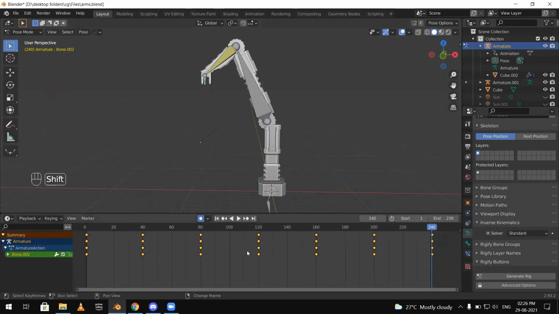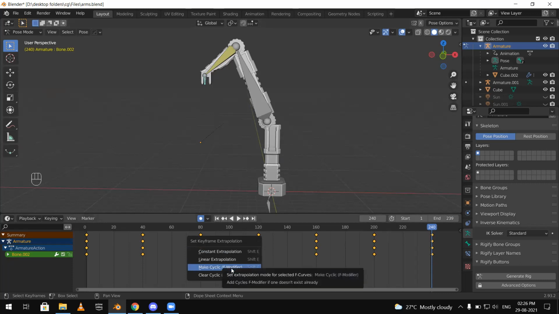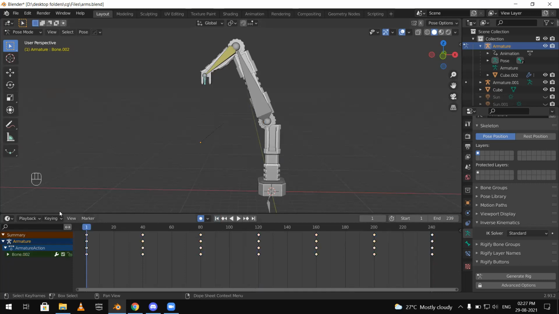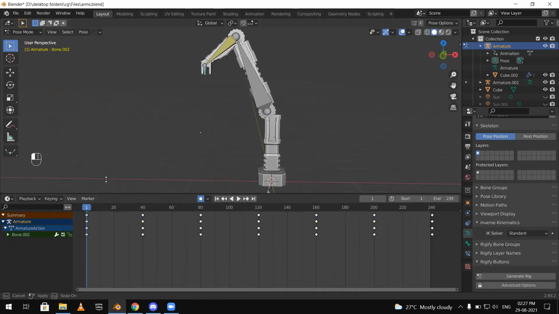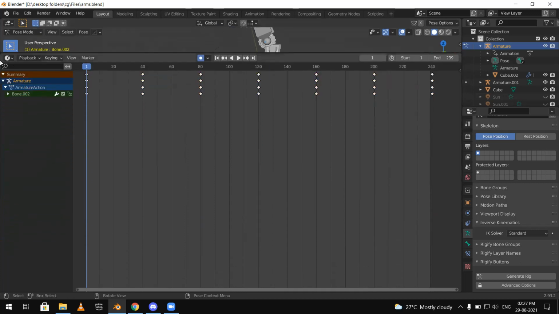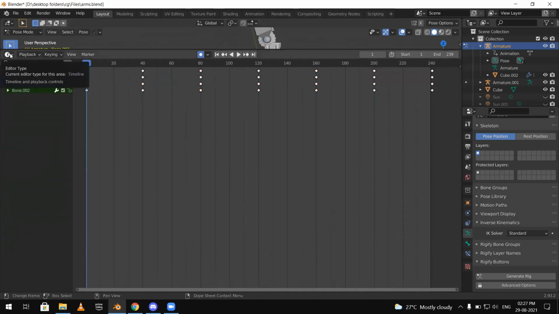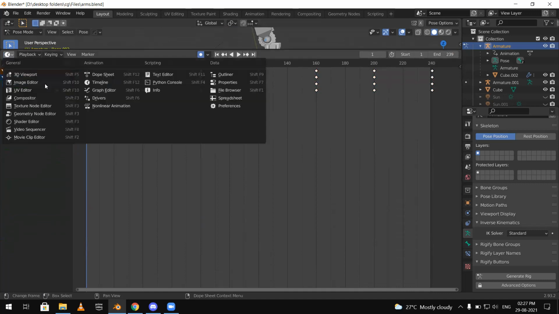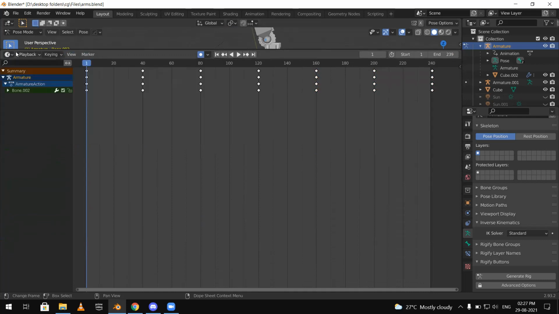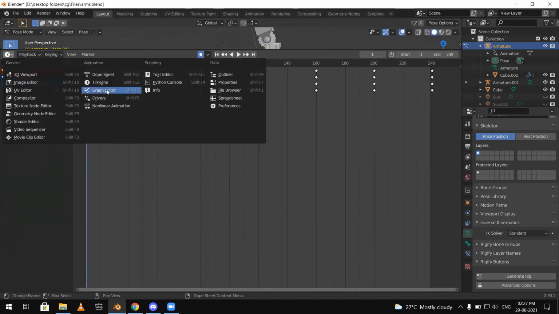And then I will press Shift plus E. It sets the extrapolation of the frames and we want to make this cyclic. Select cyclic extrapolation. And one other step that we will do before playing out the animation is we will drag this upwards and go here, select the editor type to graph editor. See, it's here. If you go here, this is the graph editor.